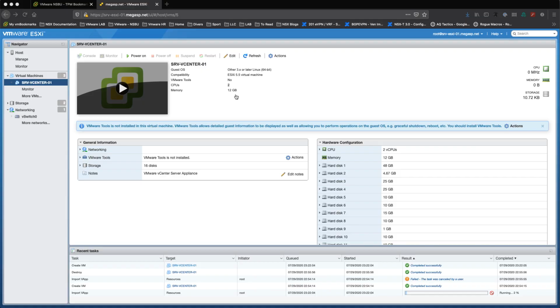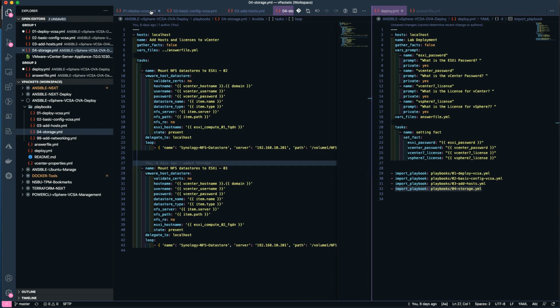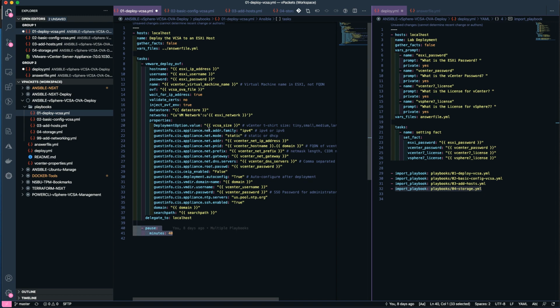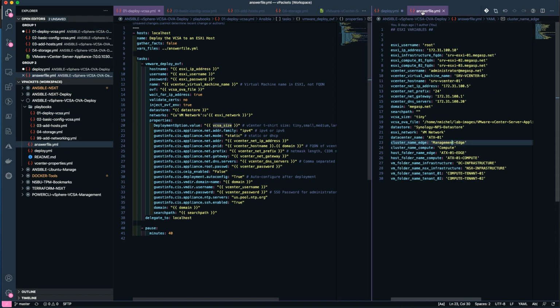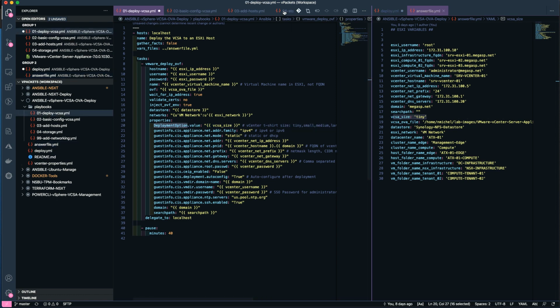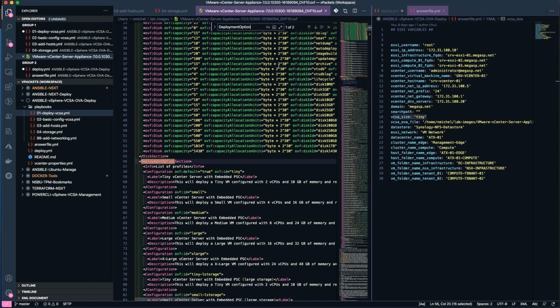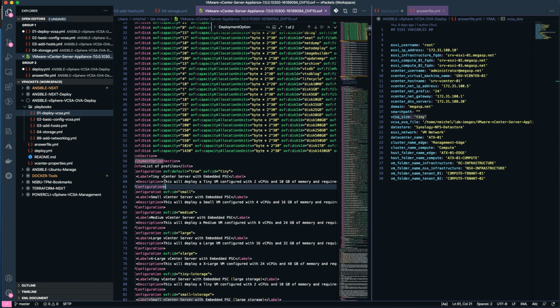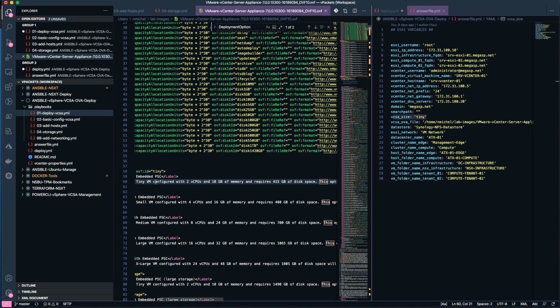How did we do that? If you remember correctly, in the deploy VCSA, the deployment option value, the VSS size variable in the answer file was tiny. So if we check here, tiny, the deployment option value, exactly. The description says it's going to be deployed and configured